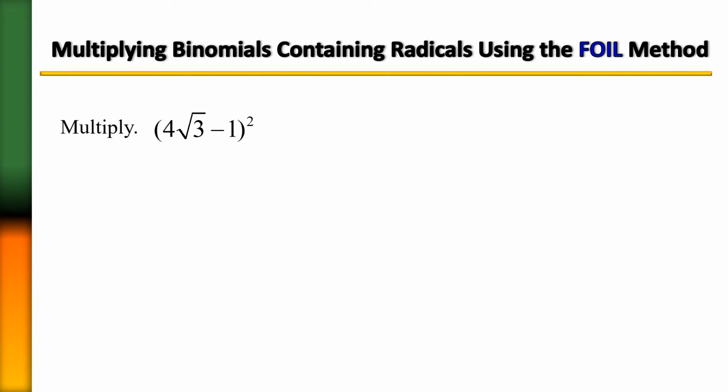You should know by now, anytime you have a binomial and you have a little 2 in the upper corner, that means that you have 2 of the very same thing. So all you need to do is just put them side by side each other and then proceed with the FOIL method if you want to use FOIL. So first,